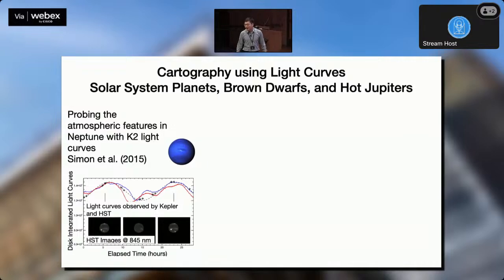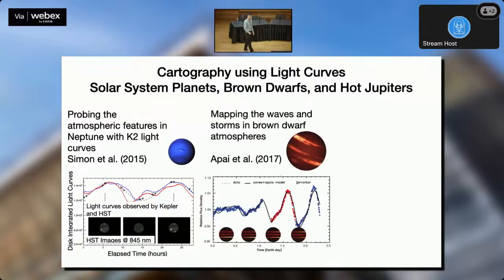This is an example of the Hubble and Kepler light curves of Neptune. Because the bright and dark spots on Neptune rotate in and out of our line of sight, it introduces modulations into its light curves. We use the same technique to look at brown dwarfs, very different objects. The power spectrum of the light curves shows remarkable similarities. If we put some reasonable prior constraint on the physical models for the brown dwarfs, using the power spectrum of these light curves, we can start to pull out the zonal and storm structures on the surface of the brown dwarf.